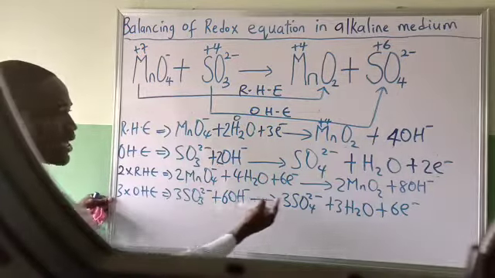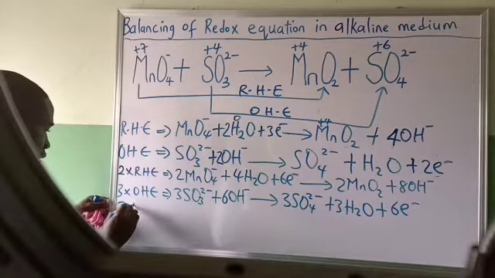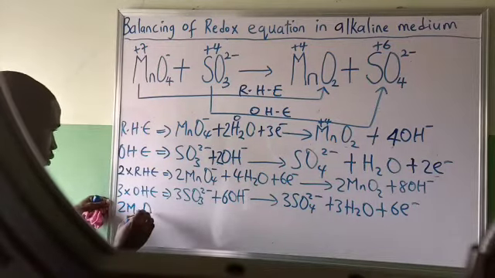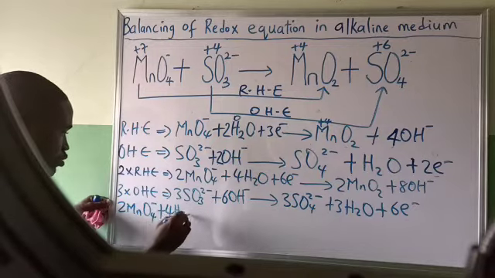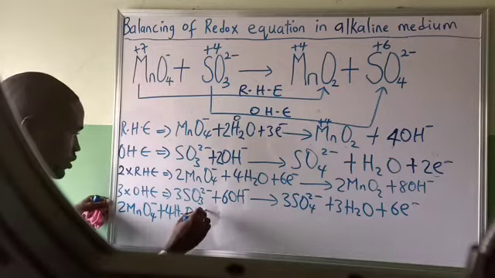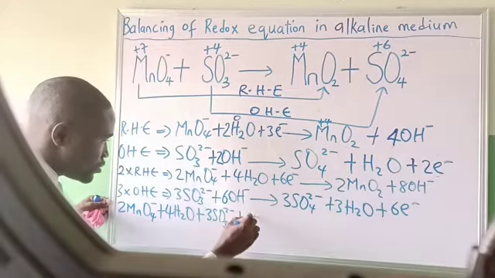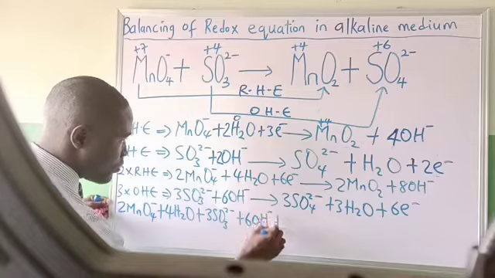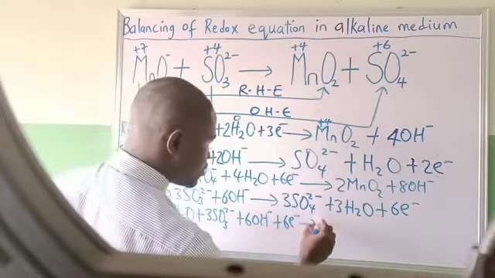Add up this side, add up this side. This will be giving me 2MnO4 minus plus 4H2O plus 3SO3 2 minus plus 6OH plus 6 electrons to give me